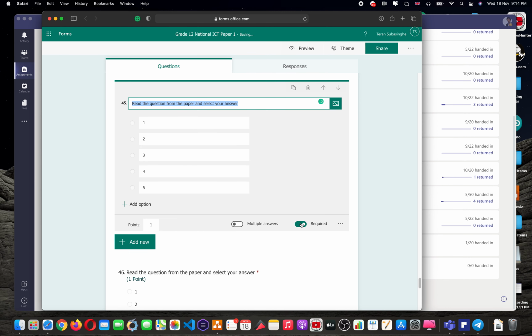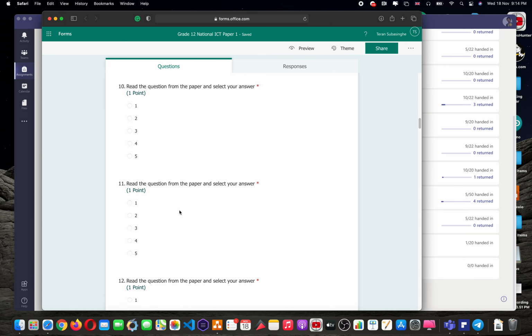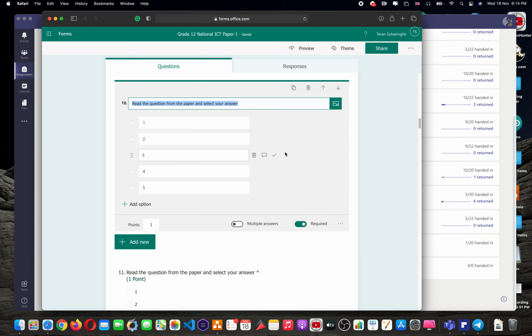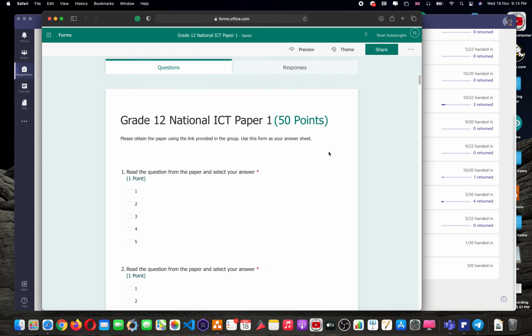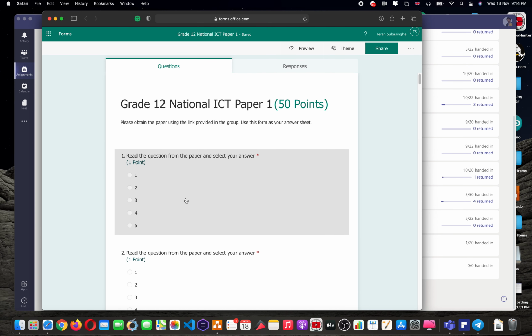So we need to ensure that each and every question has this required option mentioned, and also the points are mentioned. So likewise I can create this, and then the job over here is finished after creating all of those 50 and selecting the correct answer of each choice. And then what I can do is close this,